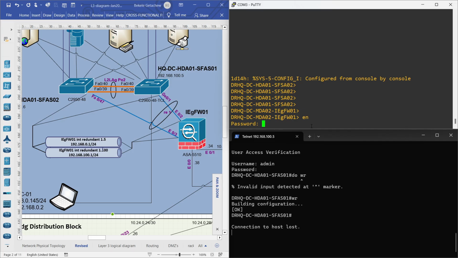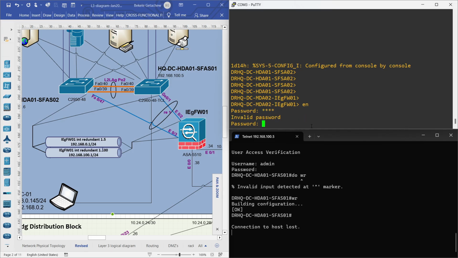Where is the password? Test. Don't know the password. Forget it. Or maybe I don't know. So what should I do? I have to recover the password. How could I recover it? Let me show you the steps